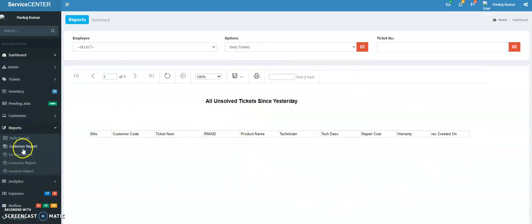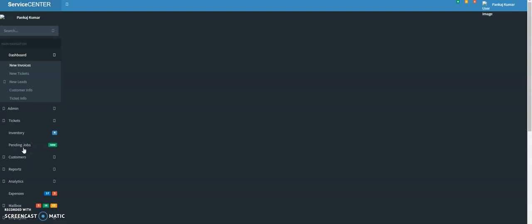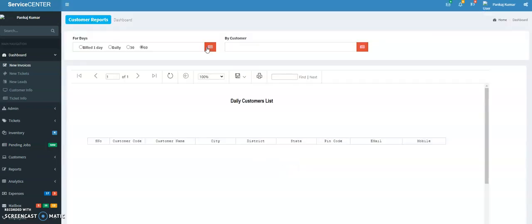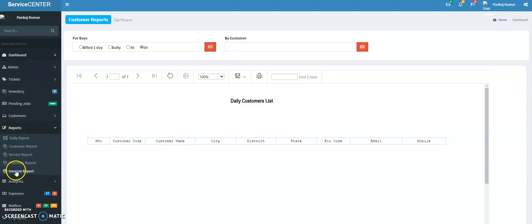All the reports, like the customer report, or by each customer. Similarly, service report, inventory report and invoices report can be generated here.